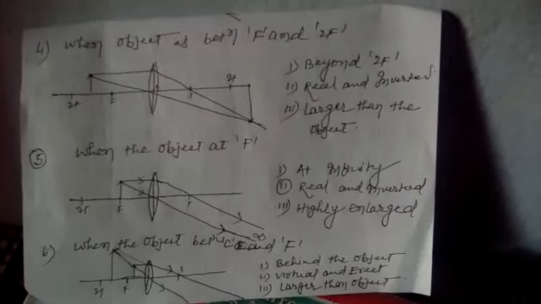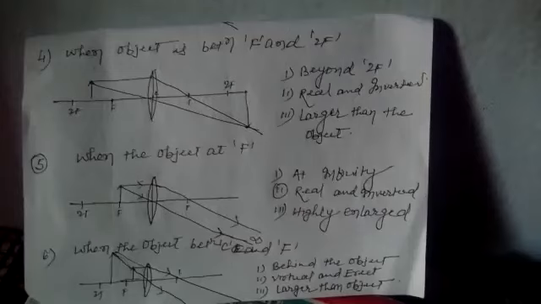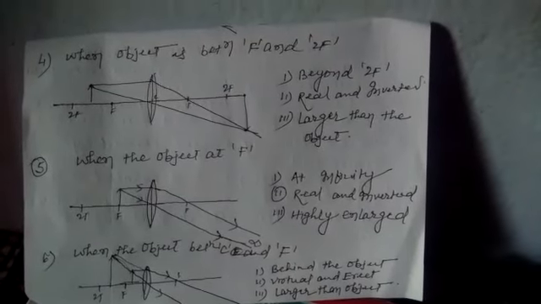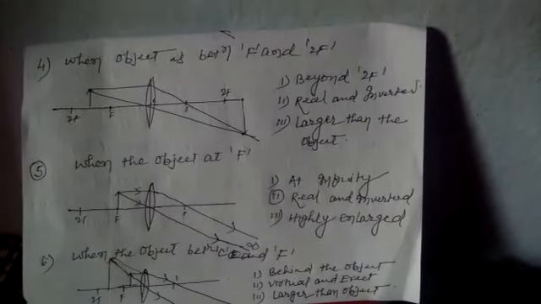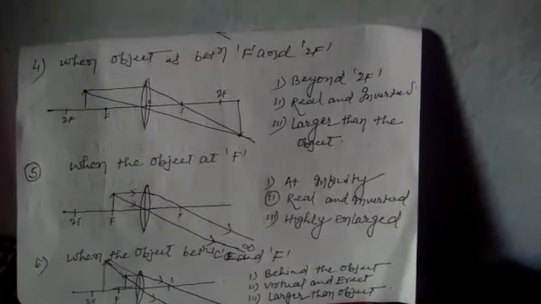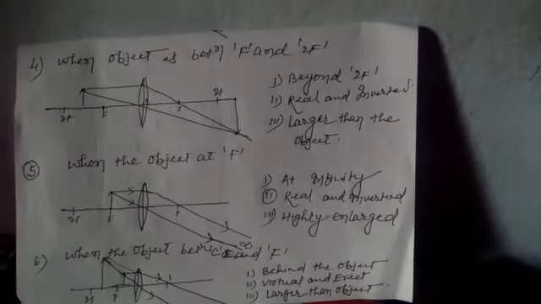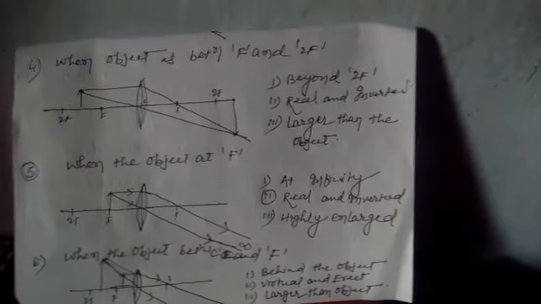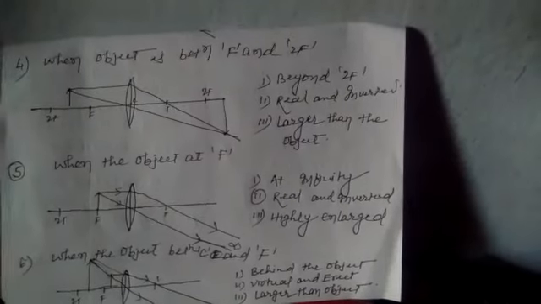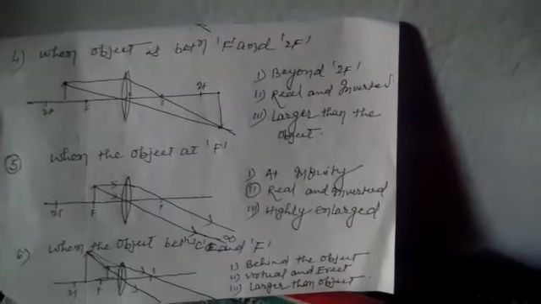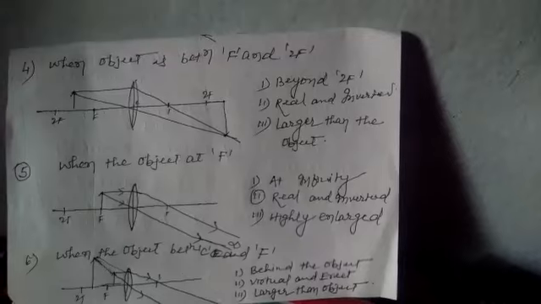When the object is between optical center and focus, a ray parallel to the principal axis passing through the focus, another ray passing through the optical center, both diverge from each other. So both rays virtually meet together behind the object. So the image will be formed on the same side behind the object, virtual, erect and larger than the object.